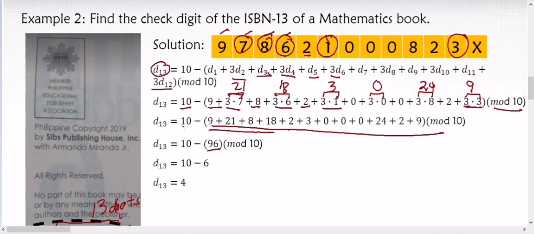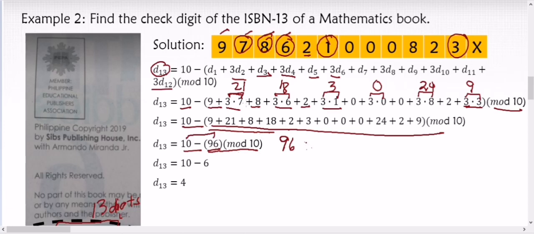Then, copy natin 10 minus. Itong 10 minus, sa dulo pa natin ginagawa yan. So, 10 minus 96 modulo 10. Huwag nyong gagawin na i-minus nyo kaagad yung 10 minus 96. Magiging negative 86. That's wrong. So, what you need to do first is to get the remainder in this modulo operator. So, 96 modulo 10. So, 96 mod 10, meaning you need to